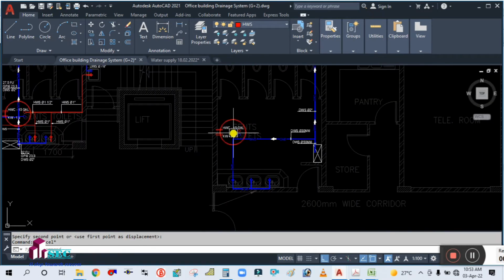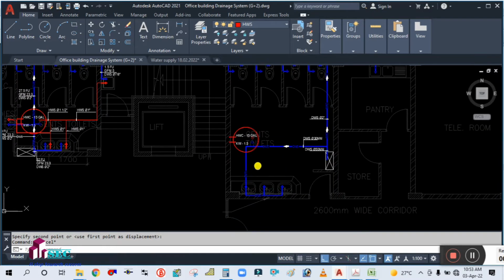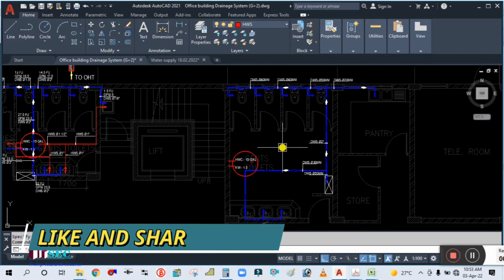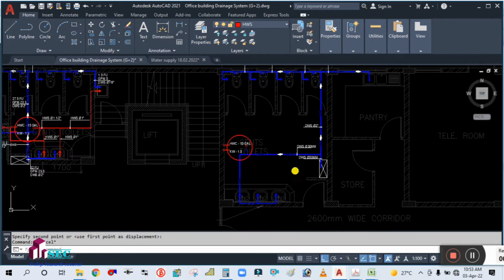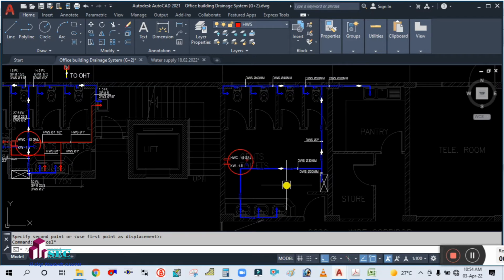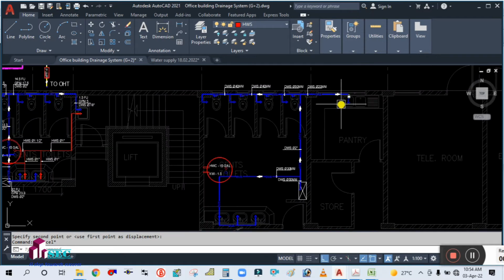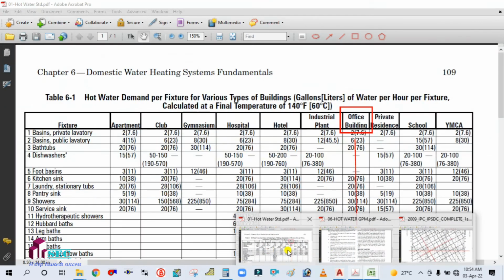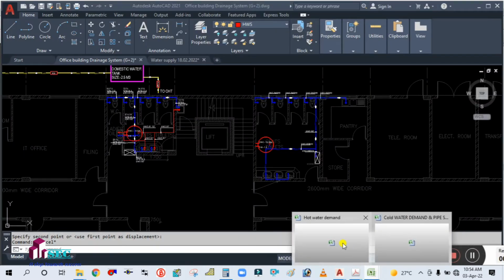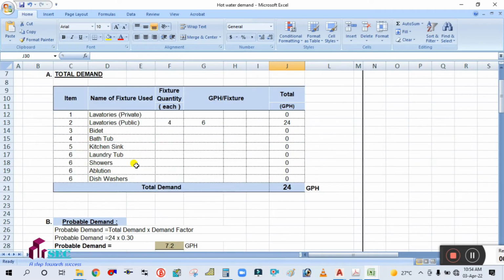Okay, so you can see here, for this toilet you need to check the capacity again. So we have to check the number of fixtures. There are 3 lavatories and it is also supplying 1 sink. So you have to check this capacity first from this Excel sheet. Okay, so you can see here the lavatories are 3, and the kitchen sink is 1. So we need to check